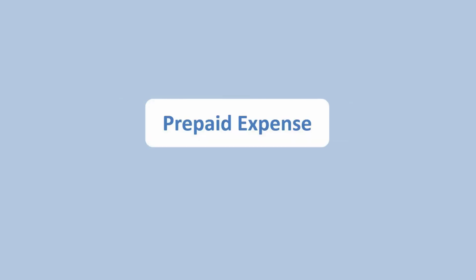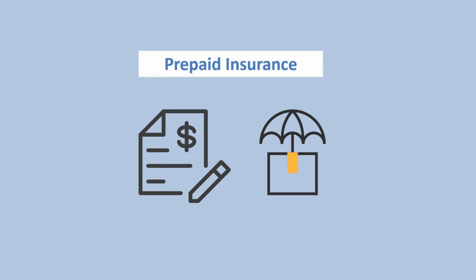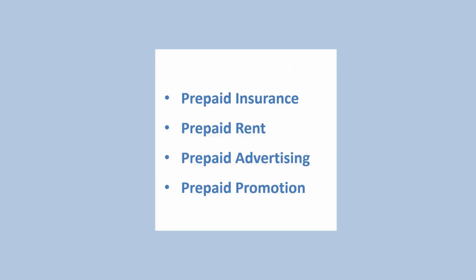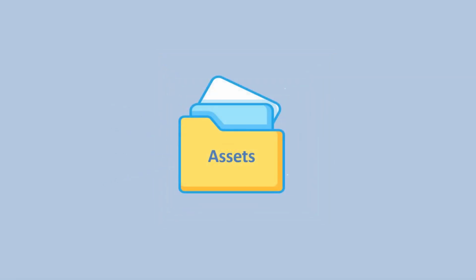Sometimes an entity pays upfront for a product or service, but uses it at a later date. This is a common scenario, and to account for it, we have special accounts called prepaid expenses. These prepaid expenses are assets to the entity because they bring future benefits. For instance, when an entity pays for insurance in advance of actually receiving coverage, it's known as prepaid insurance. Similarly, we have prepaid rents, prepaid advertising, and prepaid promotions, all of which are assets because they provide benefits in the future. Let's put this concept into action with an example.